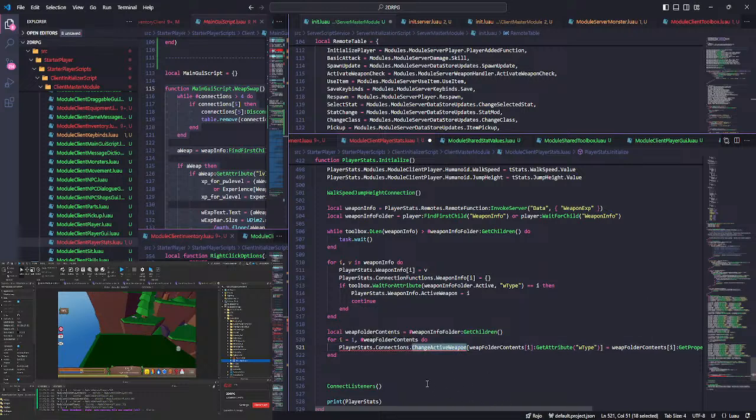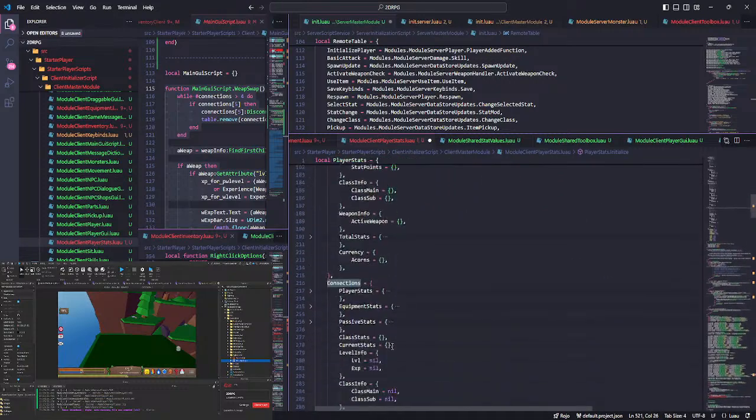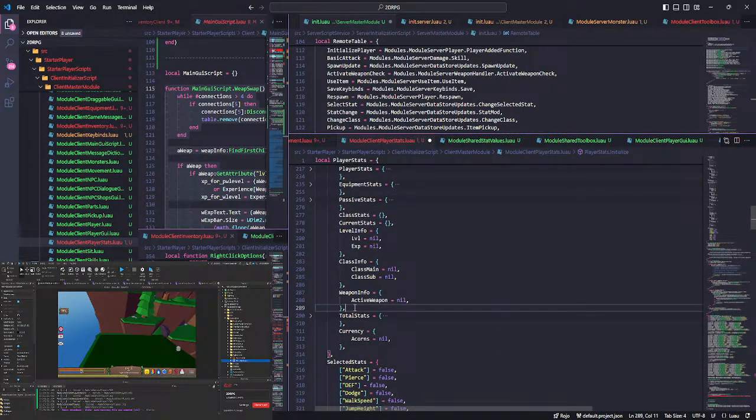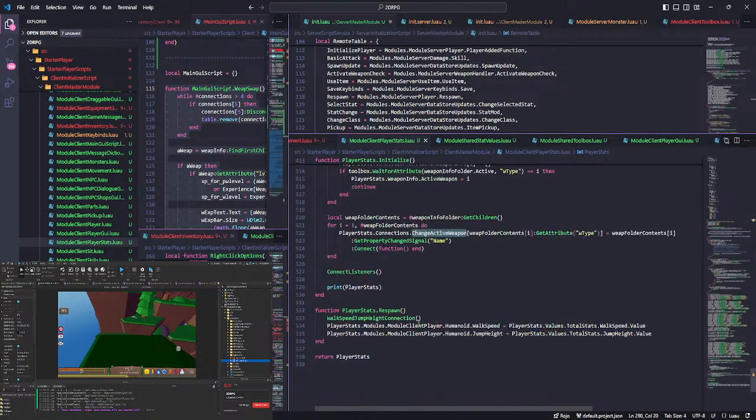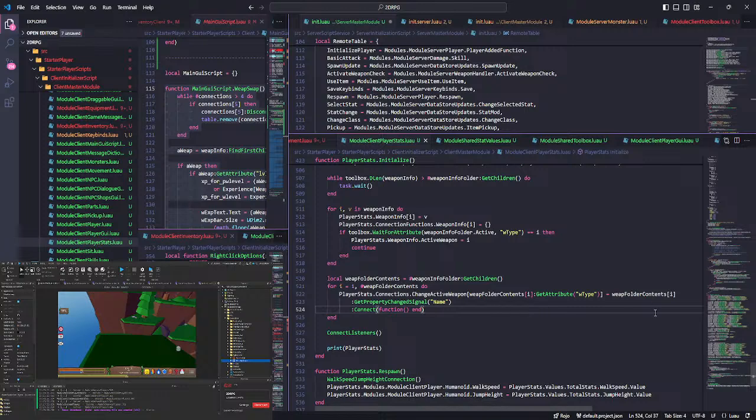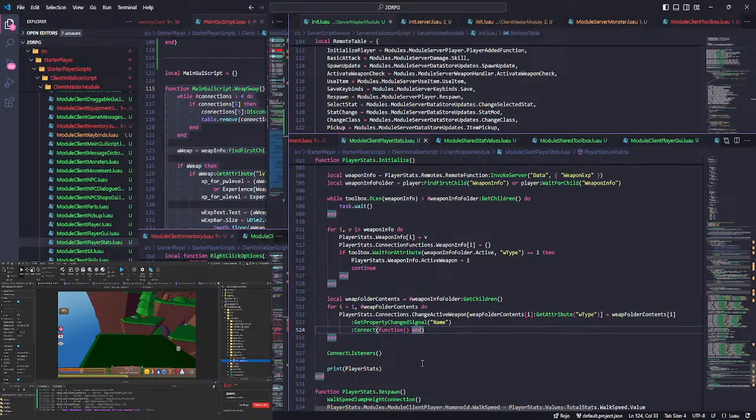So the problem here is I don't actually have this set up yet. Yeah, it's going to be here is equal to table. Change active weapon. Amazing. All right, red underline is gone now. Now we just have to actually make the function here, which is just going to be the same as all the other functions, which means that I could probably